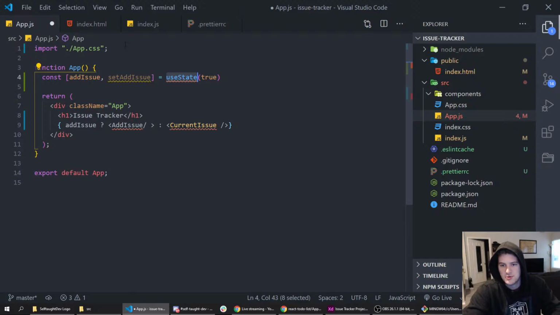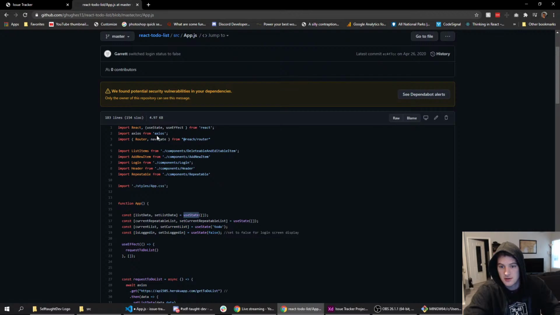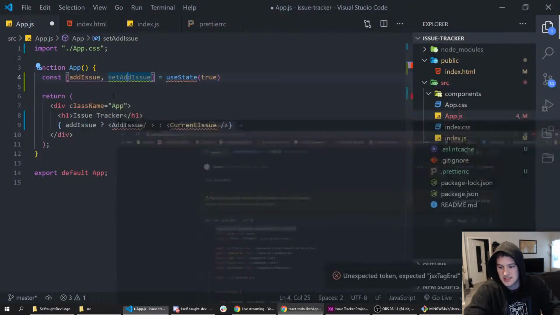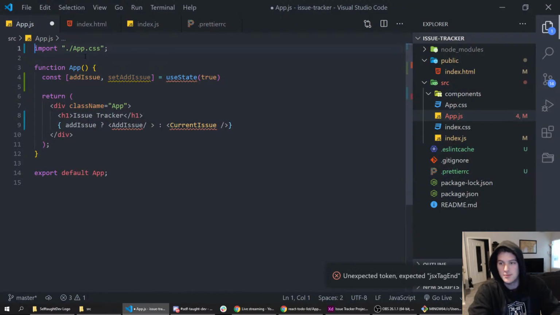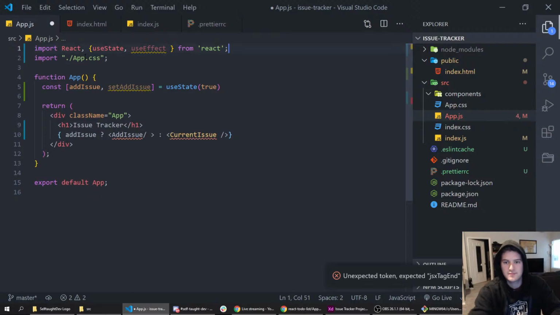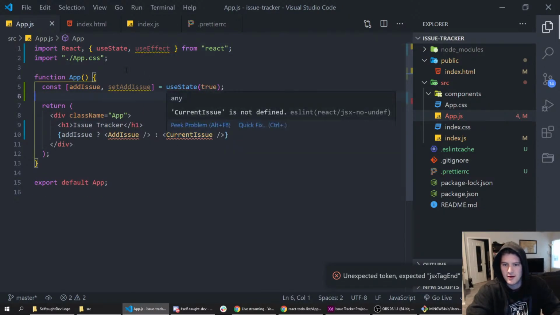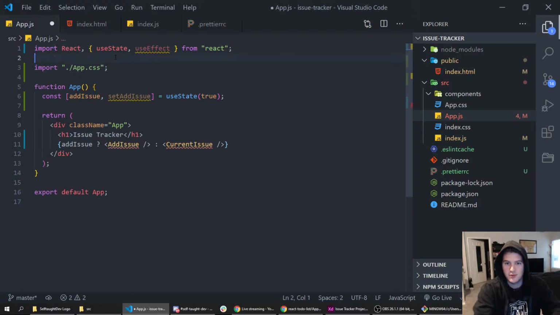And then if this is true, we need to display add issue. If it's false, we're going to display the current issues. What are you complaining about here? Stuff that's not done yet. We need to import that stuff because we're going to use all that. We're not even importing React in here yet. There we go. I'm sure we're going to use effect eventually. Current issue. So then we also need to import